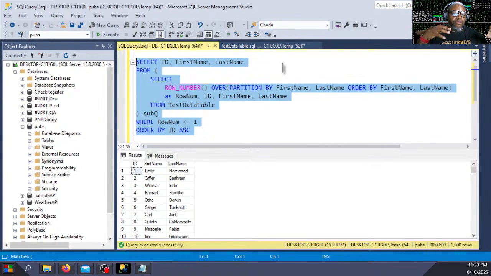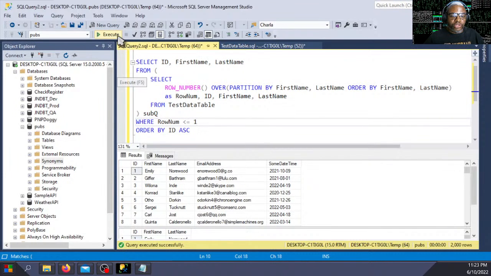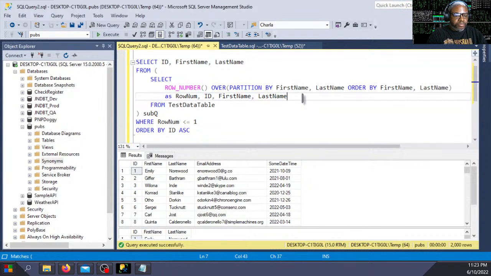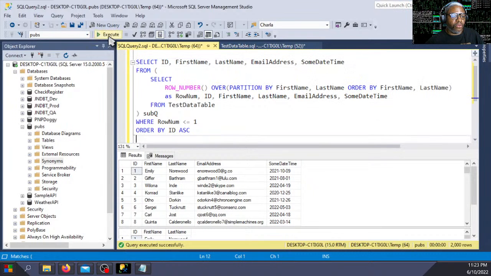So now in both ways, I've gone ahead. If I run this, I'll have 2,000 rows back. Here's my 2,000 rows. And then I guess I gotta put in my email address and some date time here. And I can put that there, email address and some date time. And if I rerun that again,